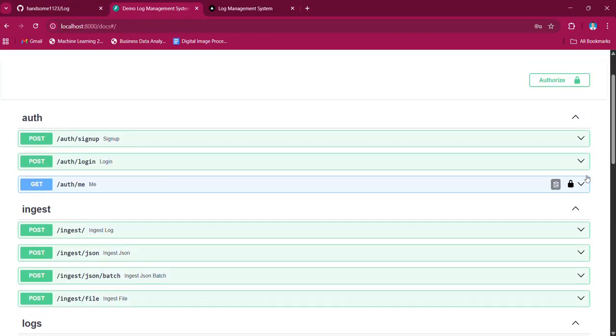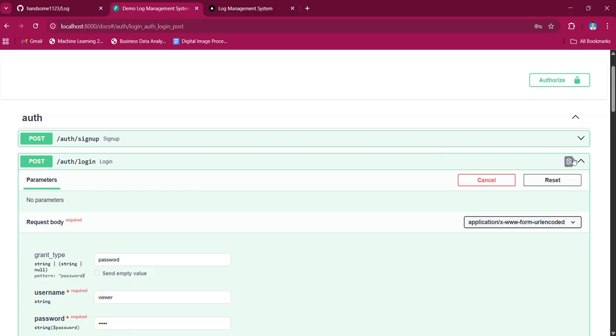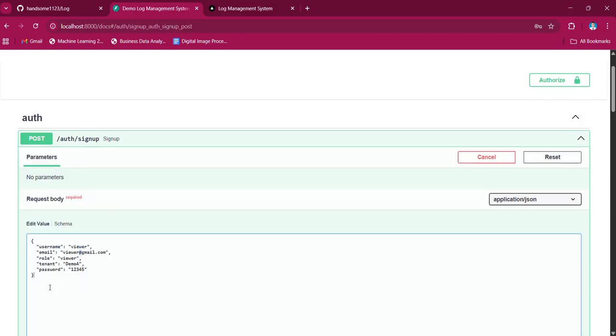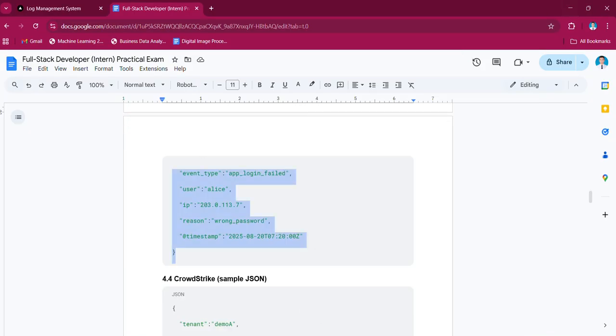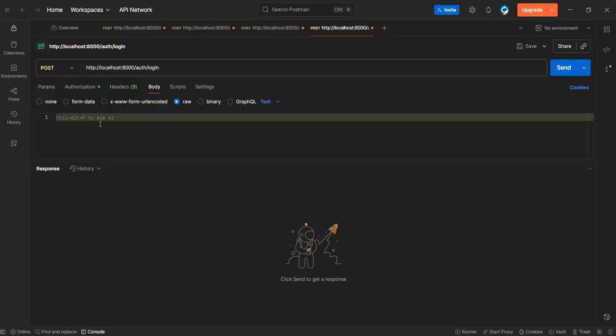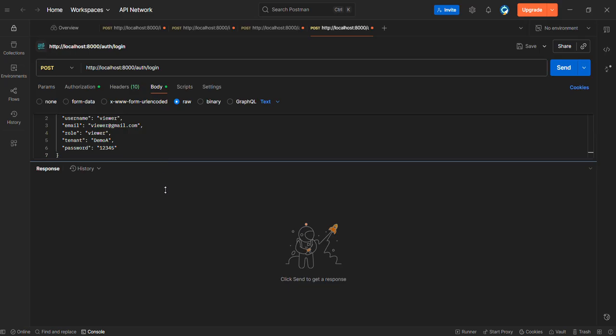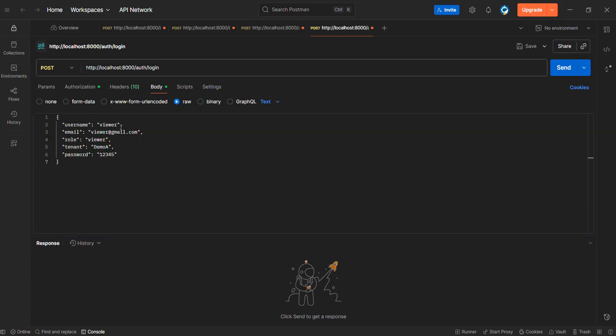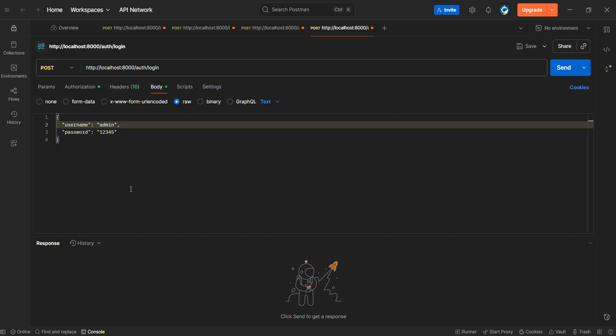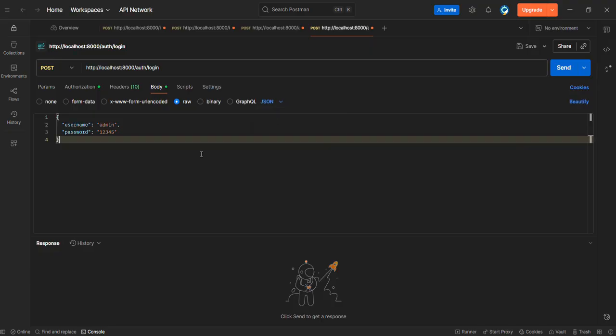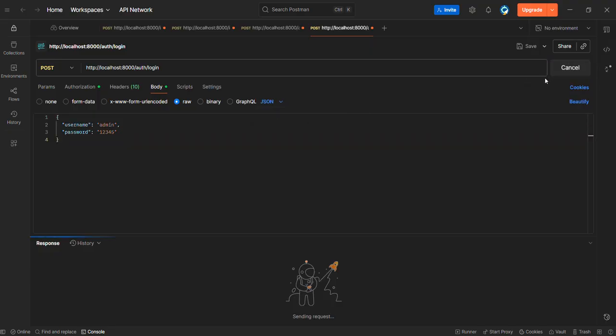Now when I go back to the first API, I will see this one. For this time, I will use only username and password, only two. For the rest, I will delete it. Right now, I'll use username as admin, and now the password is correct. Okay, let's log in first. Let's try and use that JSON. Don't forget it. And when I post it,